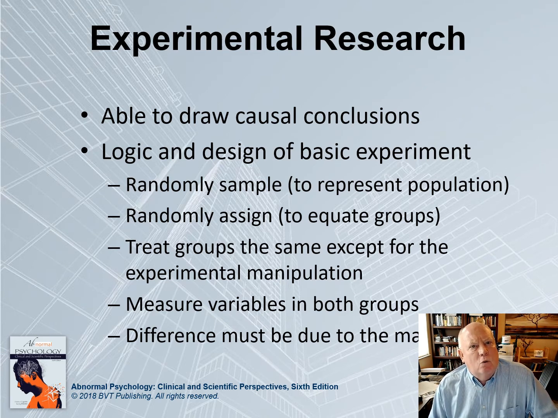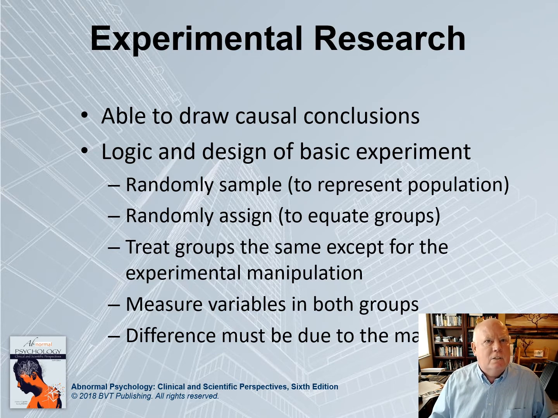We'll start with a group of people. In psychology, we always use groups because, well, we have differences between people. So we're looking for patterns across people who are different from one another. So we get a group of people, let's say 100 people. We are going to create two groups from that group, but we're going to do it by randomly assigning them to the groups. Maybe we'll flip a coin to decide whether they're in this group or this group.